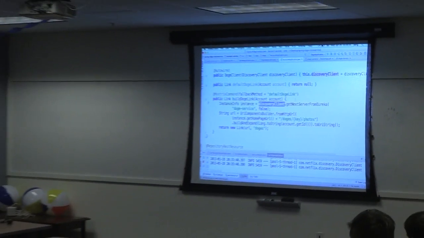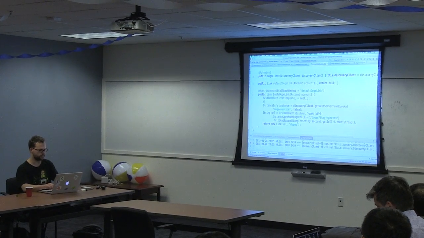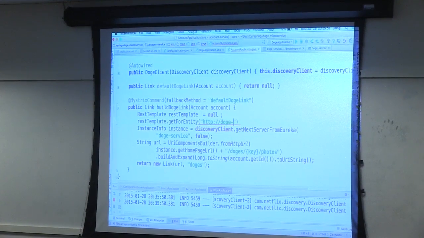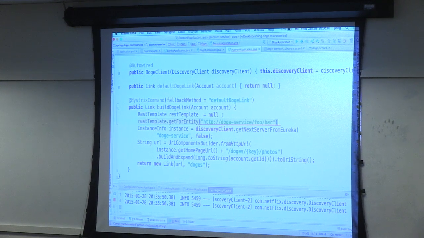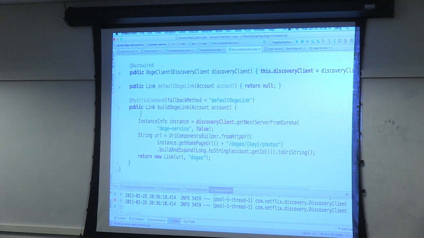And I can use the Spring REST template. I can say REST template, blah, whatever for now, and then REST template dot get for entity HTTP Doge-service, like that, foo, bar, whatever. And that's a REST client, but that Doge service is not an actual DNS name. It's a Eureka service ID. It'll, behind the scenes, give me a blessed REST template that knows to talk to Eureka. It gets the service ID, and then uses Ribbon to do software load balancing. And you can plug in custom algorithms for Ribbon's load balancing, right? So that works very nicely there. And we also support Feign.